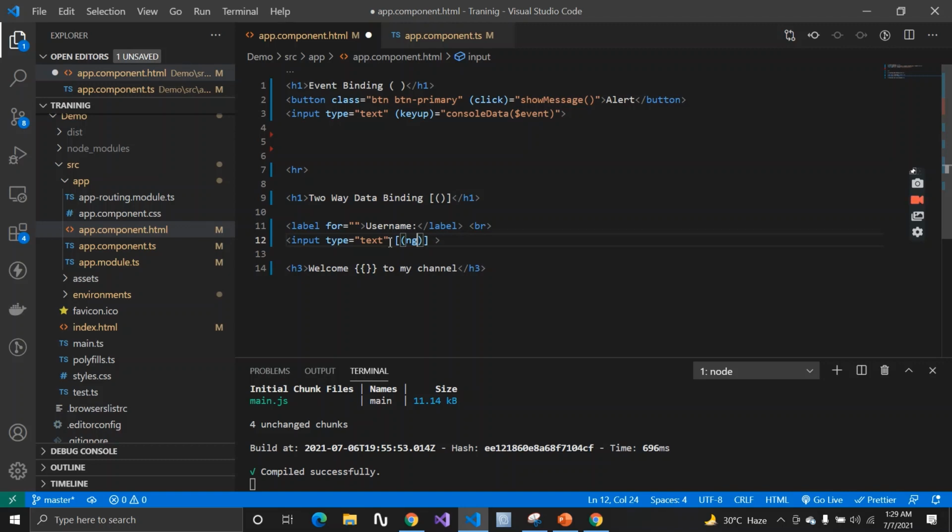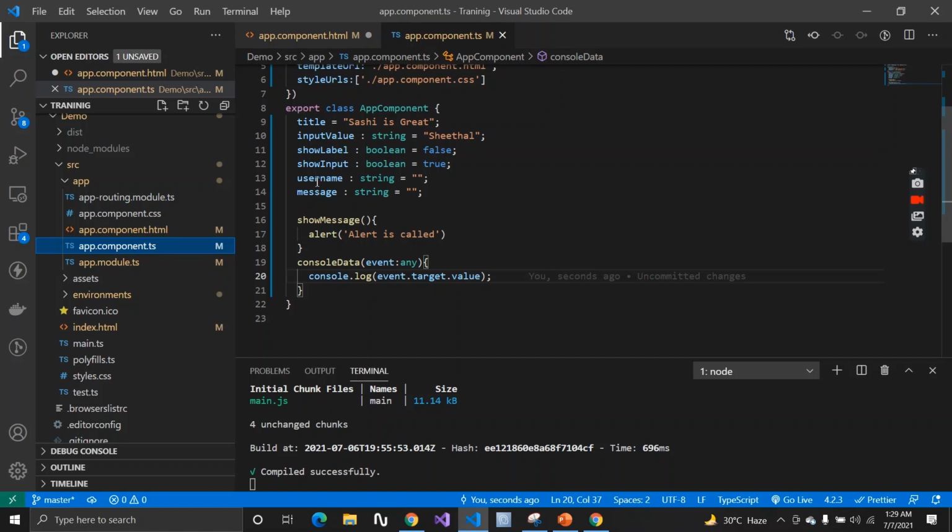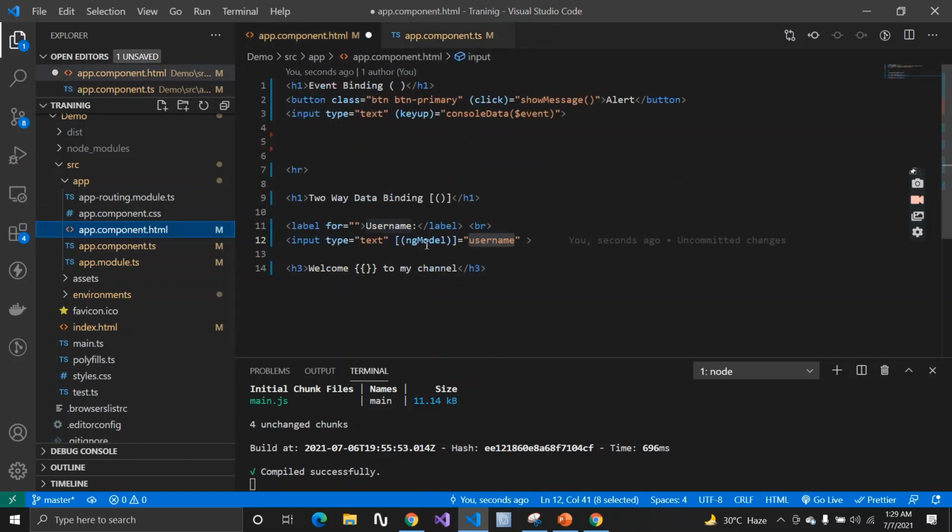Okay, which helps to bind your form control, and basically this input is a kind of form. So I'll make use of this ngModel, and I'll say that this model will be equal to the property which I'll create in my TS file. Suppose this is a username. I want to create this username now. If I go into my TS file, here you can see I have this username written. I created a property here, and I am binding this property with this two-way data binding of ngModel.